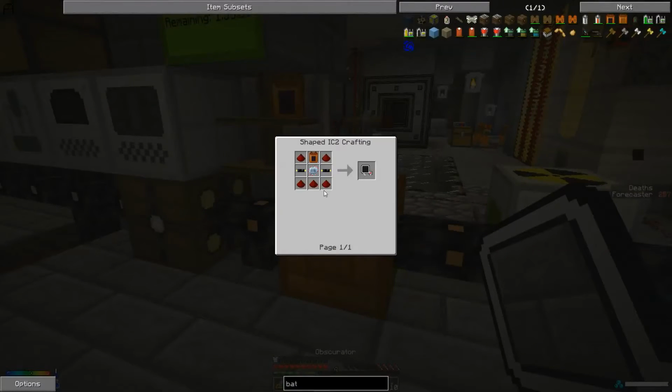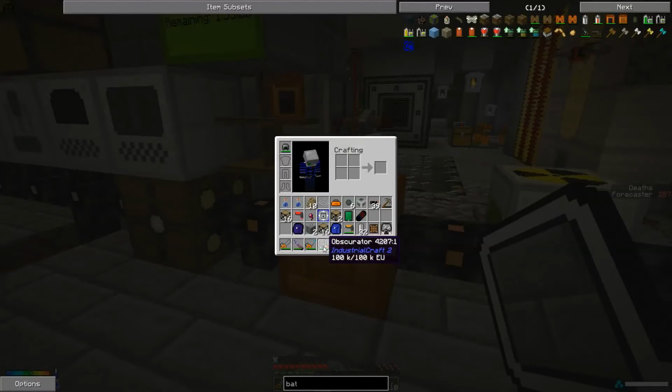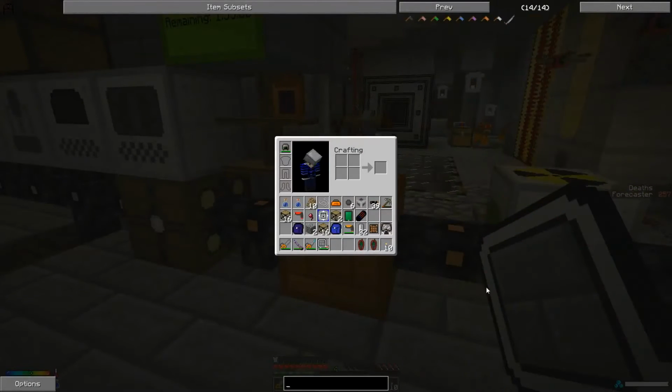And the obscurators are pretty expensive, and making a lot of them is kind of inconvenient. Plus they take up a lot of space. So I wish there was a way to store the texture in an item, like for example a memory crystal that is part of Industrial Craft 2,